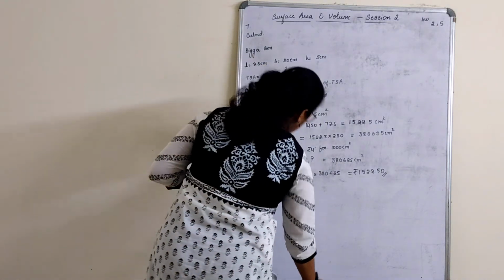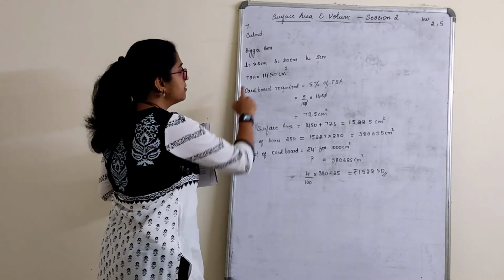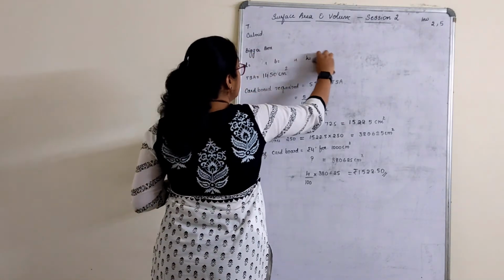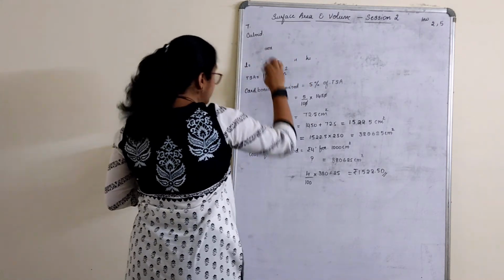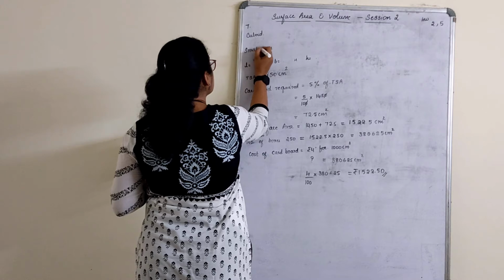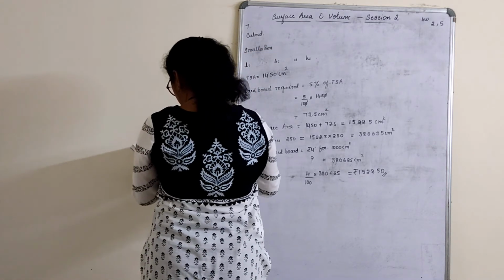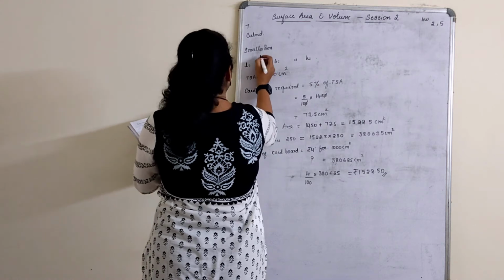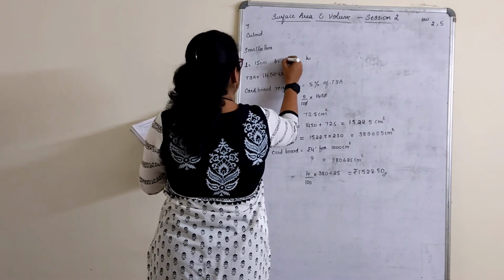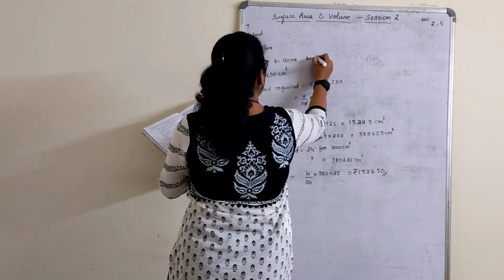Similarly, we have to calculate this for the smaller box. Now what I will do here is go on changing only this much of part and give you the direct answer. You calculate the answer for the smaller box, okay? Neatly. This should be done one below the other, children. Next is for the smaller box. What is the smaller box dimension given here? It has 15 centimeter, then 12 centimeter, and height is 5 centimeter.